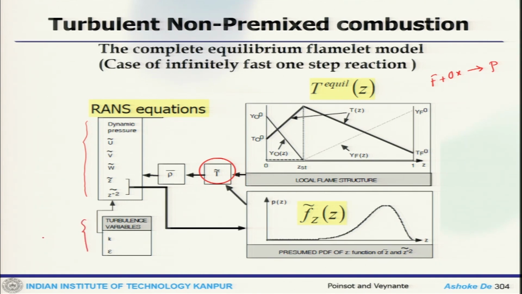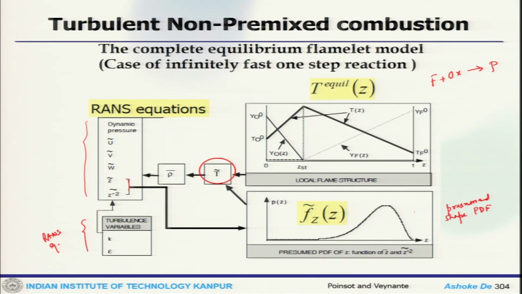So, this could be the RANS equation with a turbulence model. It could be k-omega, realizable k-epsilon, it could be anything, not necessarily k-epsilon. And then using this information, the mixture fraction and variance, we can estimate the probability density function. So, this is a presumed shape